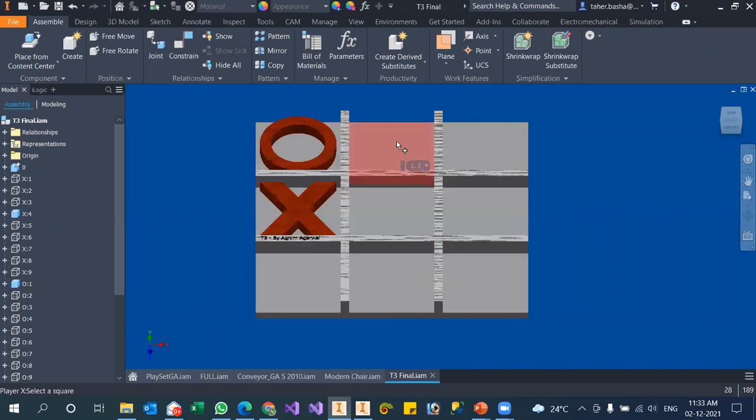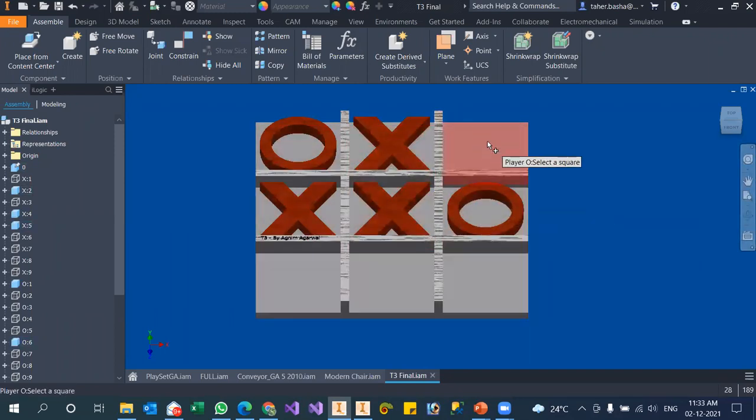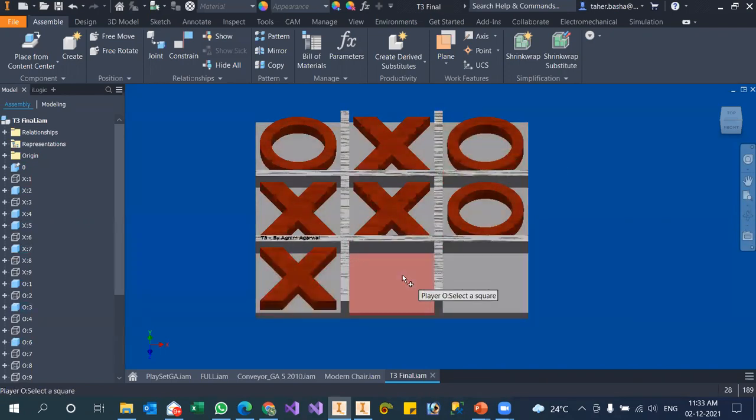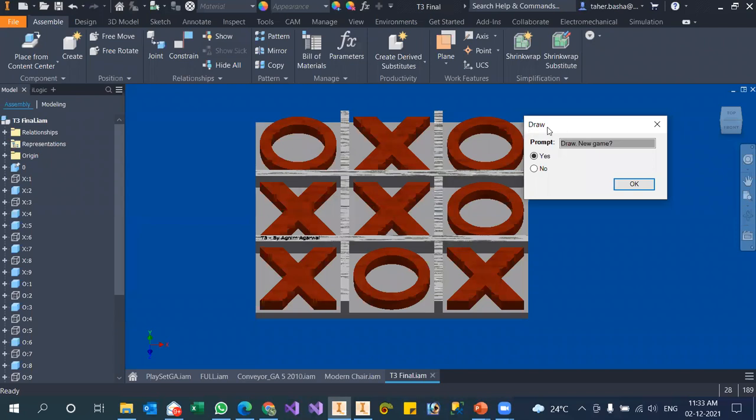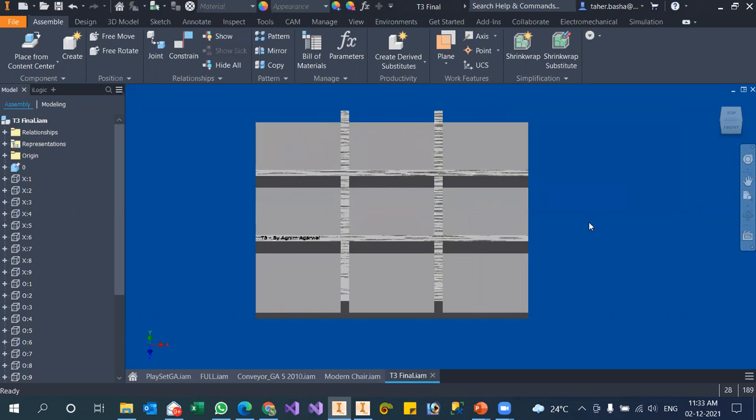If you move the cursor, it is displaying play X, select any box. So I'll select this one and then hold. When you click something, it is actually adding something into it. What something? That X and O is being added. So the match is a draw. No one is the winner. Like that, you can build or utilize iLogic in multiple ways.